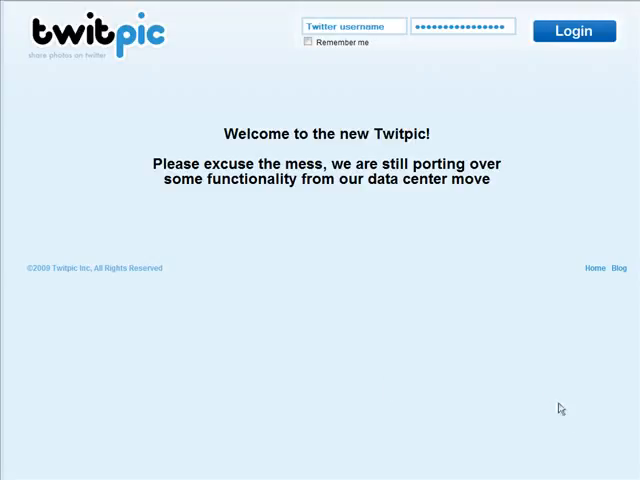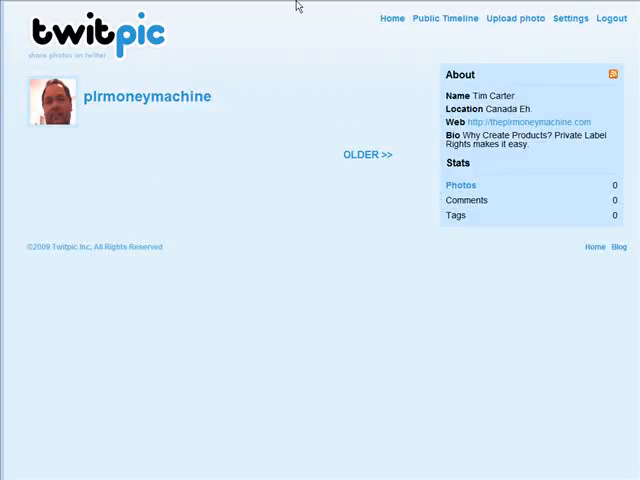Okay, now here's a neat tool that you can use called TwitPic. You just go to twitpic.com, and here you enter your Twitter username and password, and then you just log in. Once you've logged in, it brings up your account, and you'll see the information from your account. But up here, you have upload photo and settings. Now, if you click on settings,